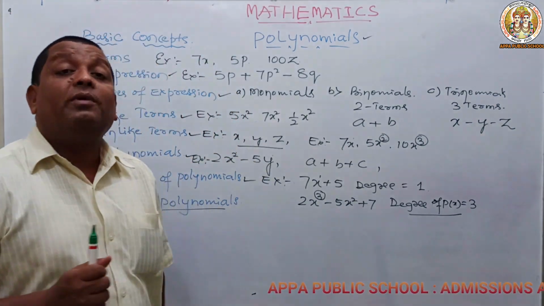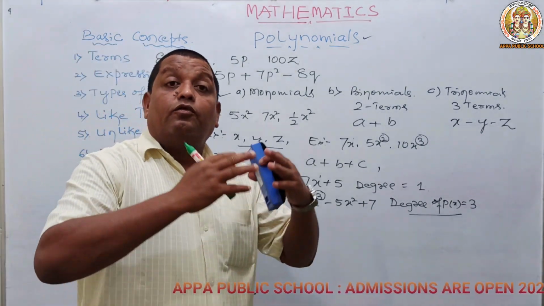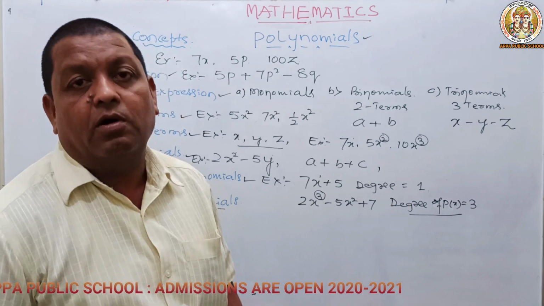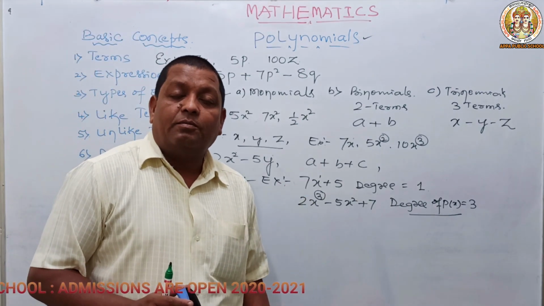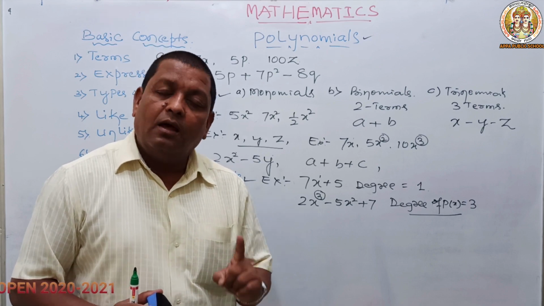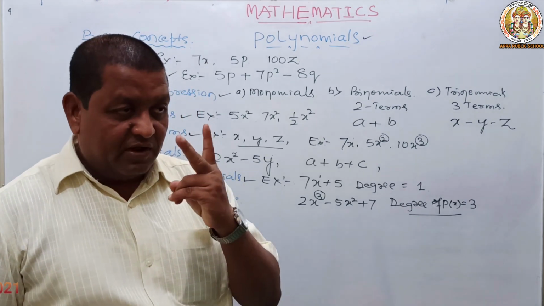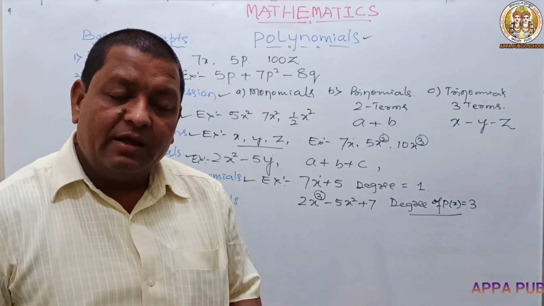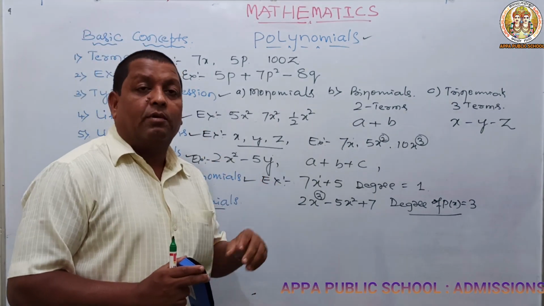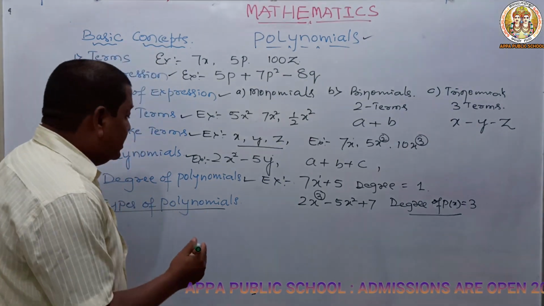It means how many types of polynomial? So many types of polynomial. N types of polynomial. They are dependent upon degree. So if it is 1, linear polynomial. If it is 2 degree, quadratic polynomial. If it is 3 degree, this is cubic polynomial. Okay. Let me give an example.